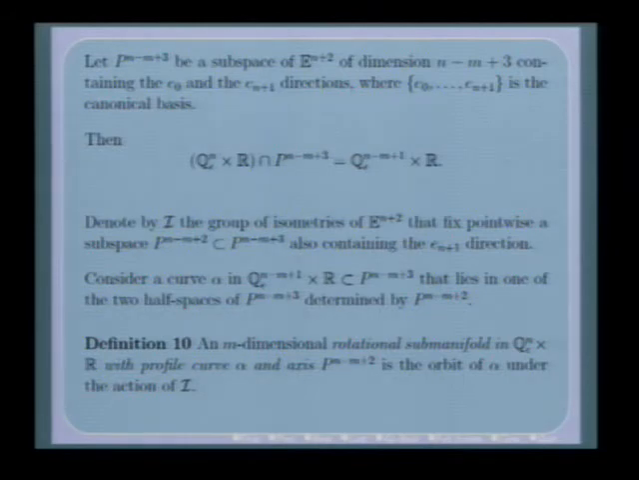And now, if you consider the group of isometries of the flat ambient space that fix pointwise the subspace, and we take a curve in a cylinder sitting in the subspace that lies in one of the two half spaces of it, determined by a further hyperplane contained in that, and we let that group of isometries act on the curve, we generate this rotational submanifold, and the curve alpha is called the profile curve of it. So this is just the standard construction